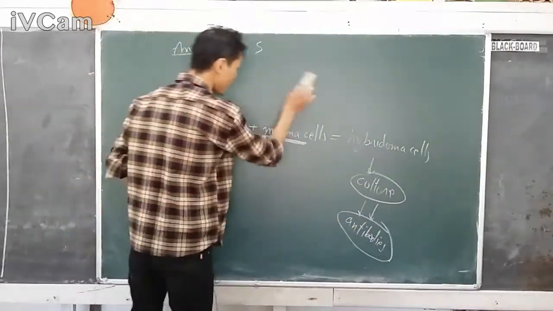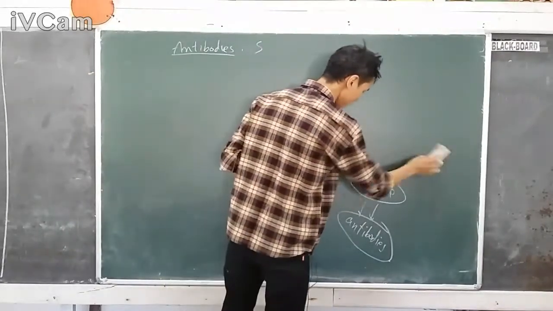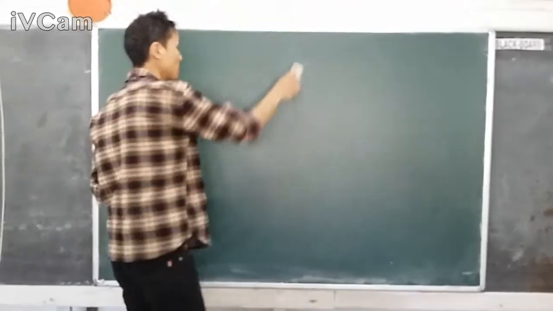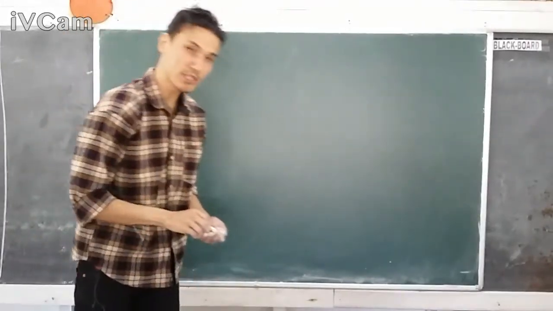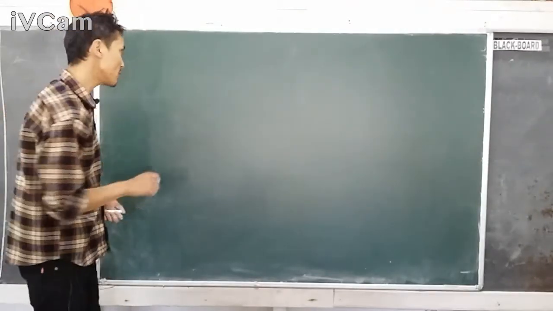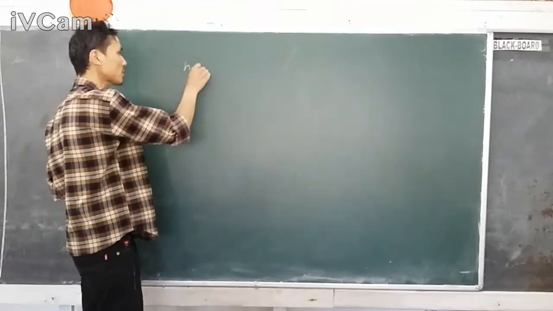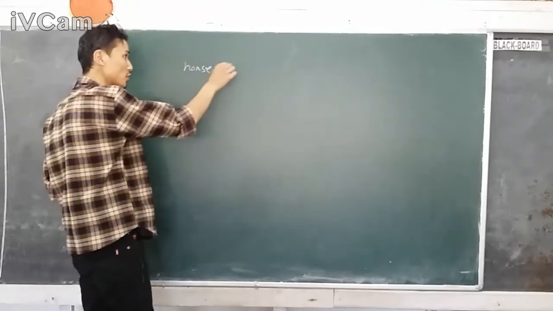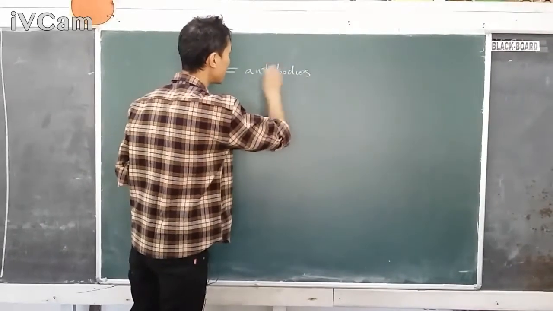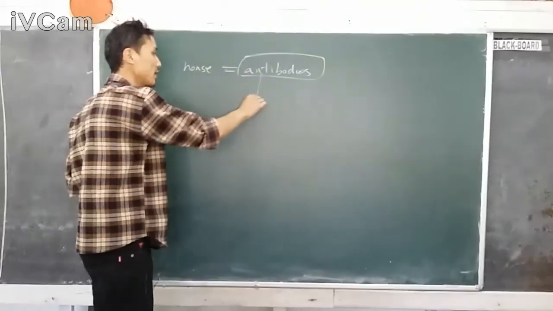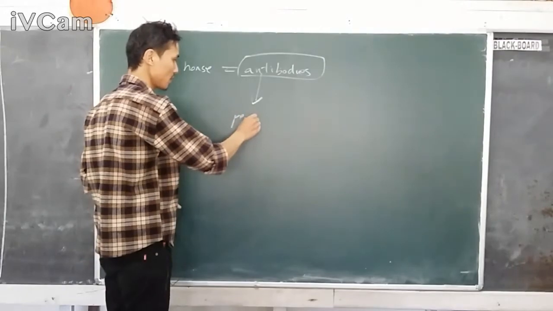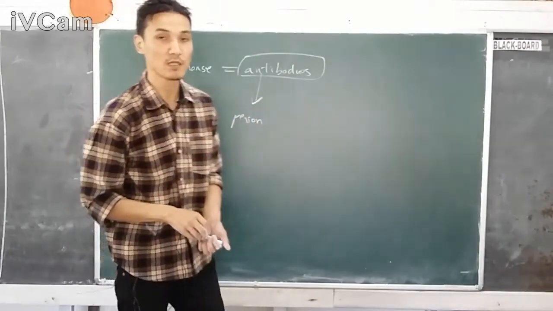Another way of providing immunity is by using already preformed antibodies from other organisms. For example, when we are treating a snake bite, in order to produce antibodies against snake bite, they inject a horse with the venom. The horse produces antibodies, and these antibodies circulate in the body of the horse. Then they are taken out from the horse and injected into a person who is suffering from a snake bite. So this is how immunity is